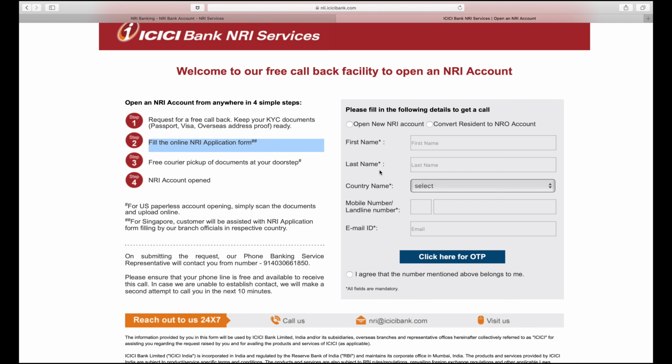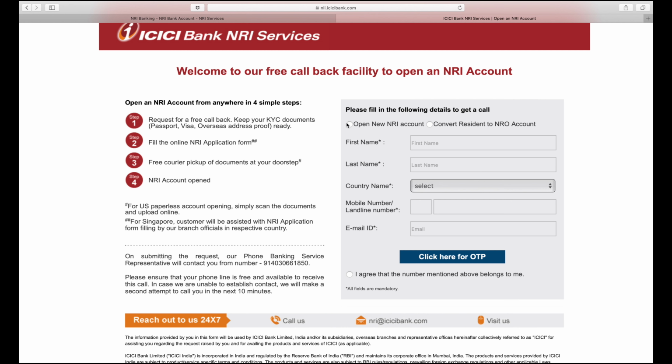Then on the right side, courier pickup will be done. This is very straightforward. They will schedule a courier pickup, so you don't need to worry about it. Somebody will come to your house to pick up the document package to deliver to ICICI in Mumbai. And then the fourth step is that the account will be opened. So that's what it is.